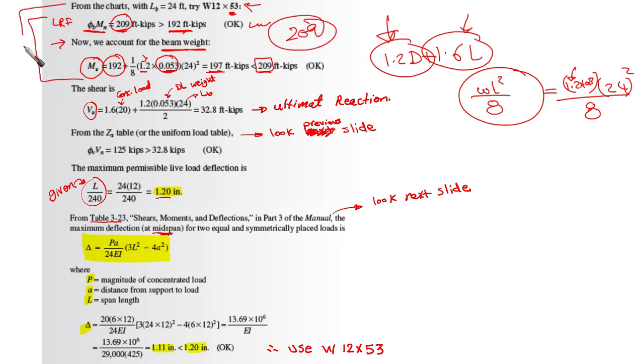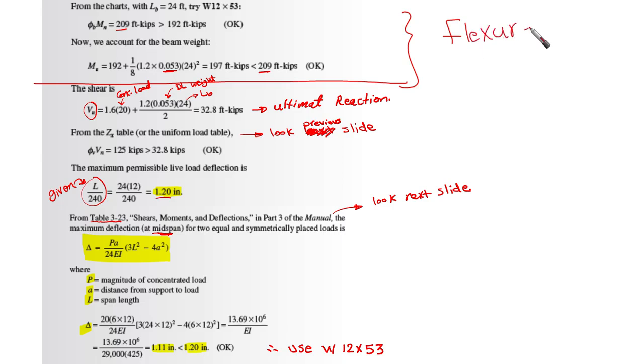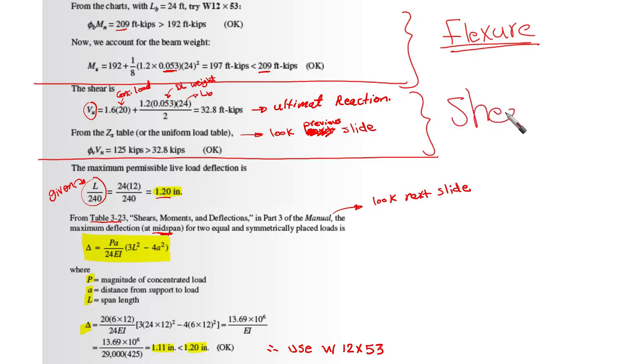Now this part is related to flexure. Let's erase. Okay, so now up till here, this part is flexure. Now we are sure that our flexure is okay, no problem with the flexure. Then we are going to check another thing which is related to shear. As we said in the design before, we're going to check for shear. For shear, we need to get the value of the reaction at the support,